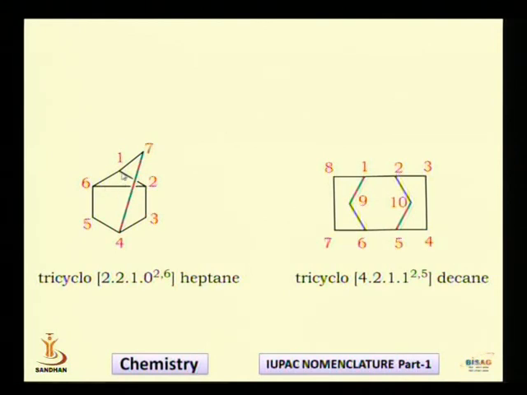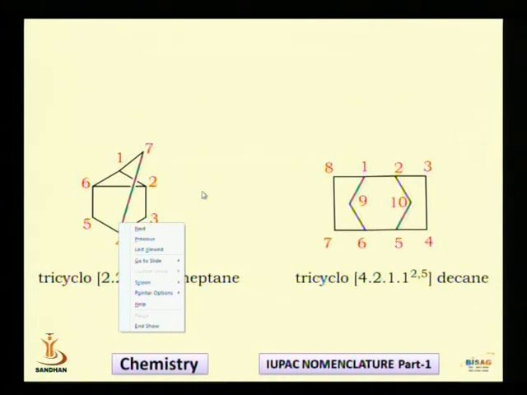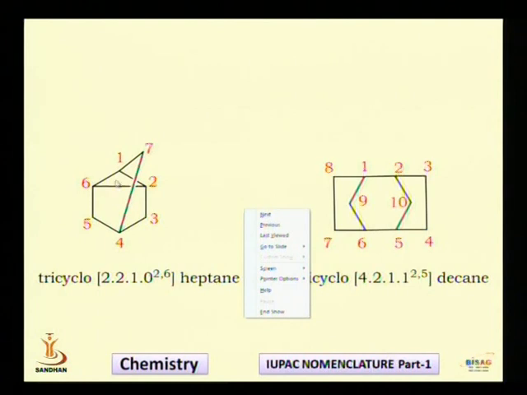So again I repeat that I am having a main cycle which I am showing over here. This is my main cycle, and this is my one bridge which is connecting number 1 and 4 via 7. This is one bridge, and there is one more bridge which is connecting 2 and 6. So I am having two bridges. One is connecting number 1 and 4 via 7, and second is connecting directly to the 6.